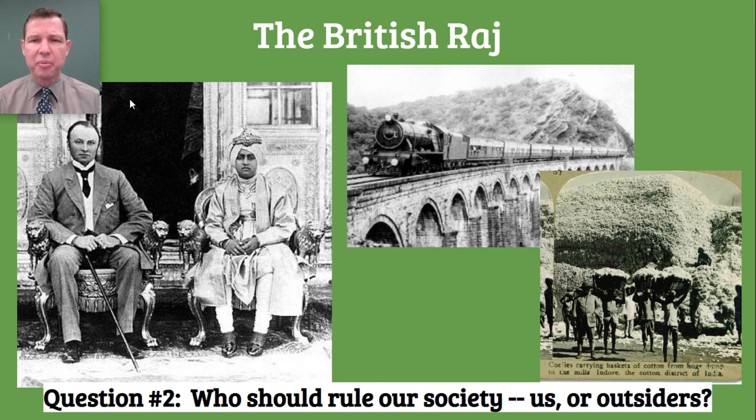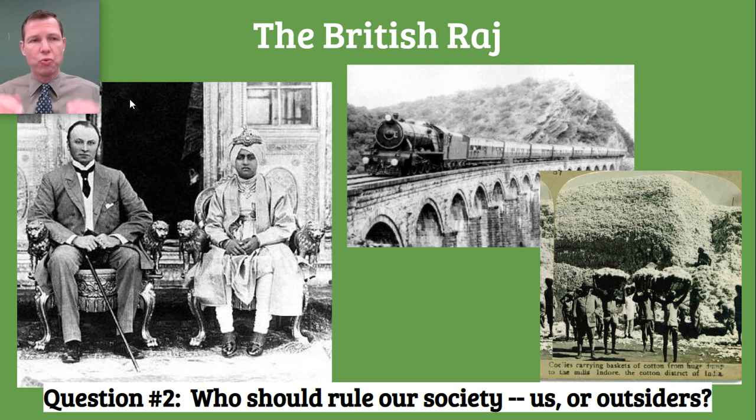Now, you remember, though, that the British approach to ruling nations whom they'd conquered was called indirect rule. The British didn't like getting their hands dirty if they could avoid it. As much as possible, they tried to recruit native people to do as much of the day-to-day work of governing as possible, so that the British didn't have to send their own people to do that. So functions like delivering the mail, collecting taxes, inspecting roads and bridges, policing, a lot of really important functions of government are just day-to-day functions that keep society moving forward, right? So the British tried to get as many native Indians to continue to perform those functions as possible.